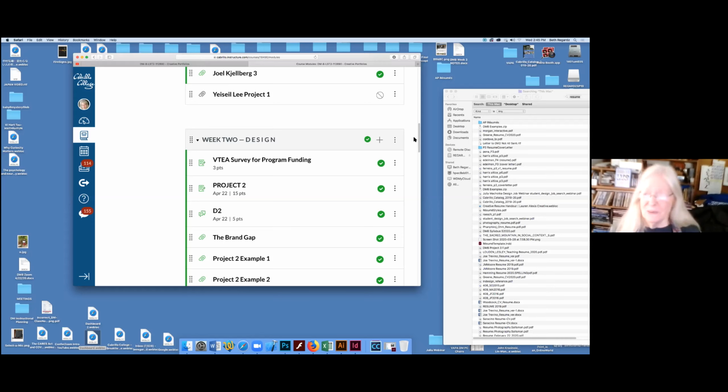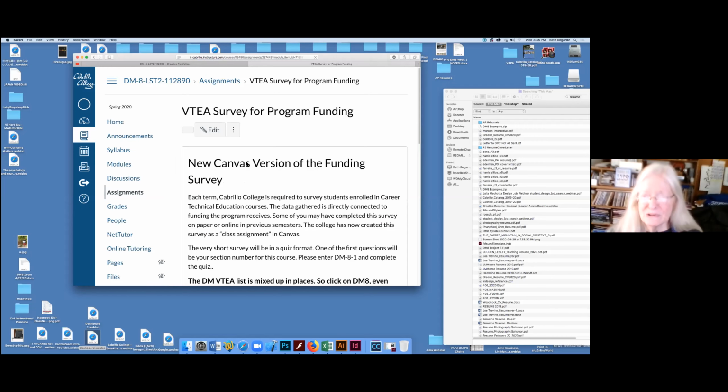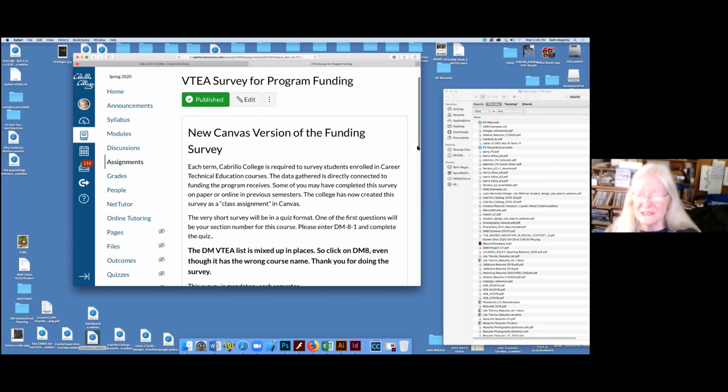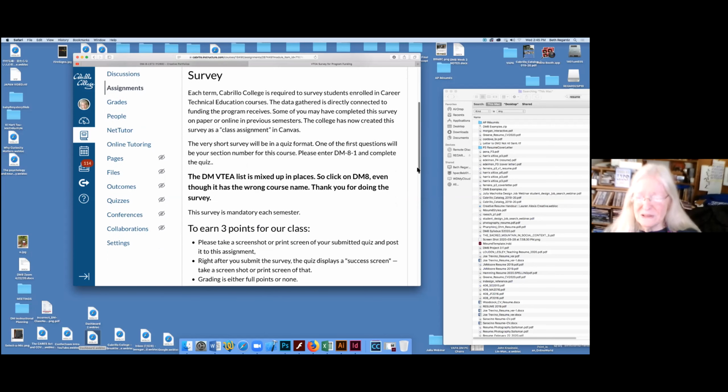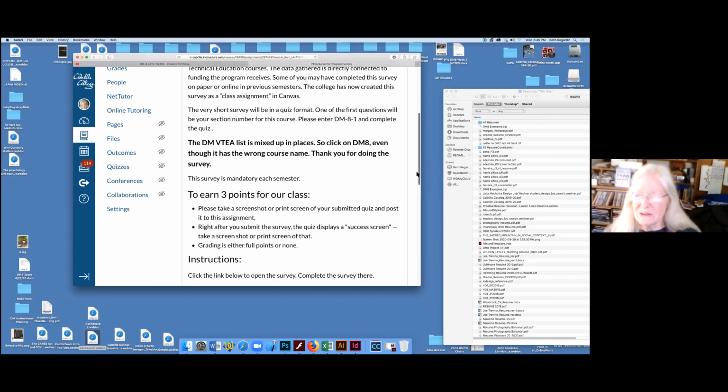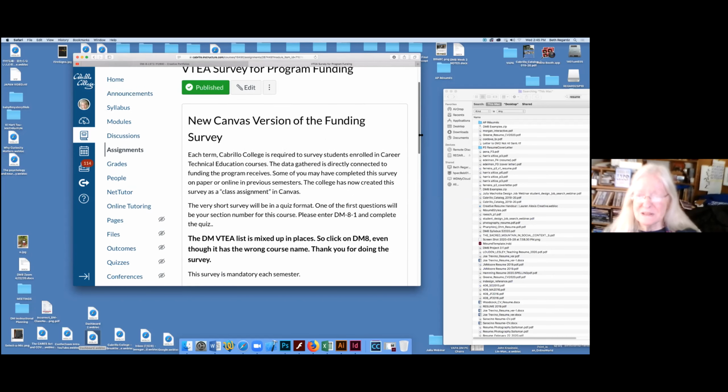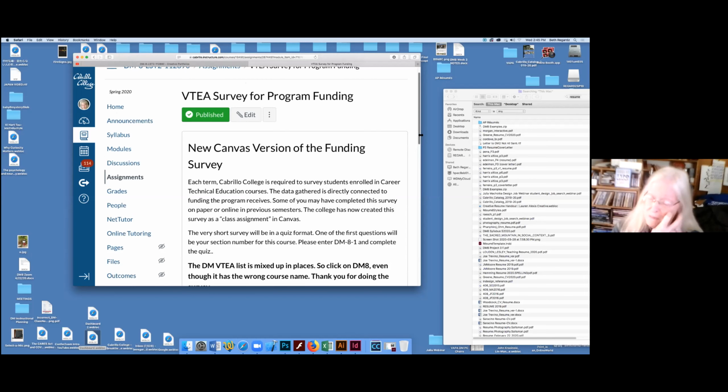Okay, so about the VITIA, this VITIA thing, I want everybody to make sure and do this today. If you've done it in another class, you don't need to do it in here. You only need to do it in one class, but we found out that at the end of this, there was a mistake that when you try to click on your class, a lot of the classes have, let's see if I have it up here. Oh yeah,